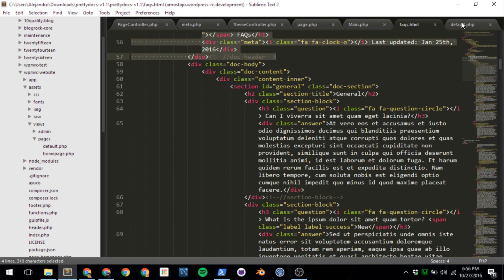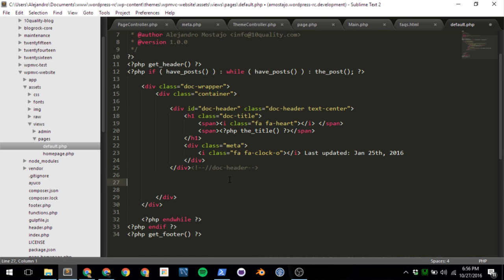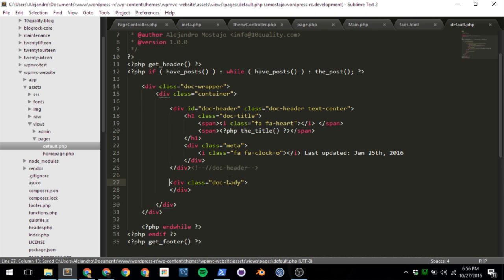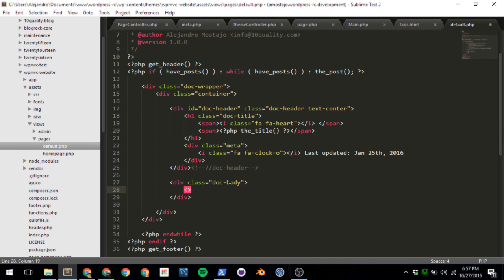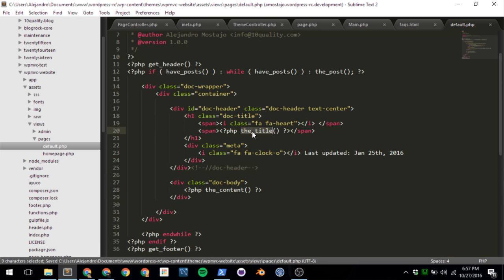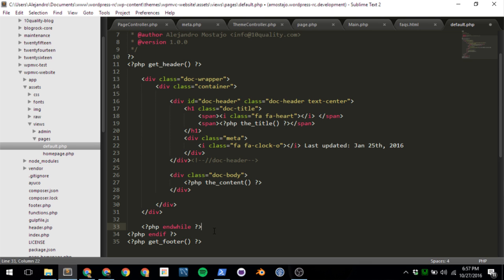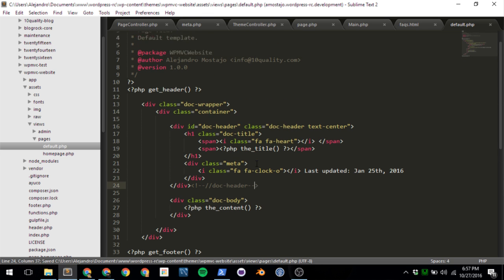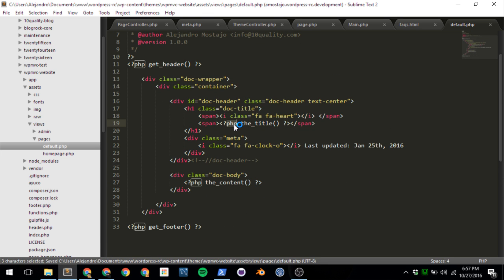But we're going to keep it. So we're going to do this: a div doc body, like this. And now we can display here the content. So PHP the content. In this case, this is not needed actually. I'm wrong, because we're getting the page from the model. So we're going to use the model instead. So it should be